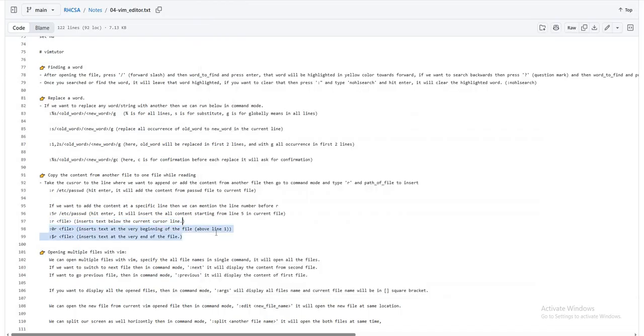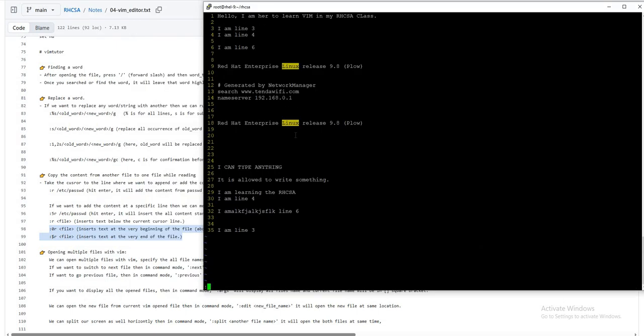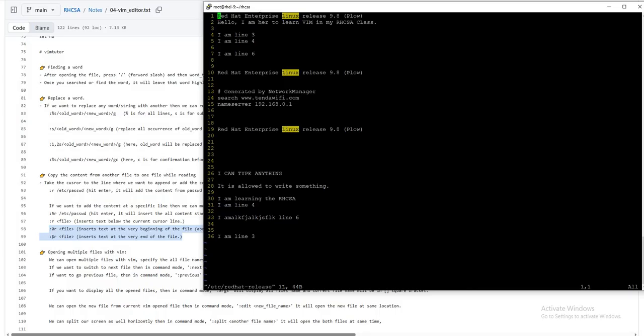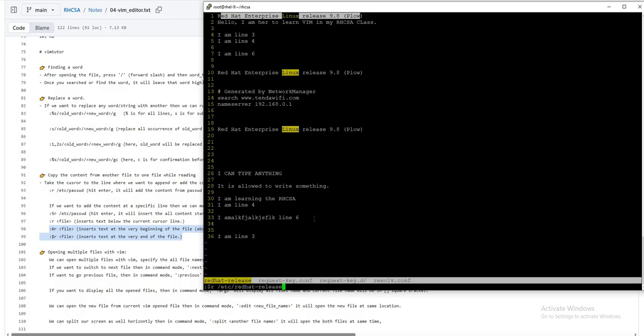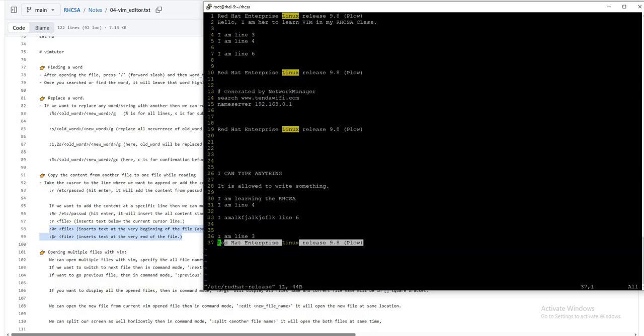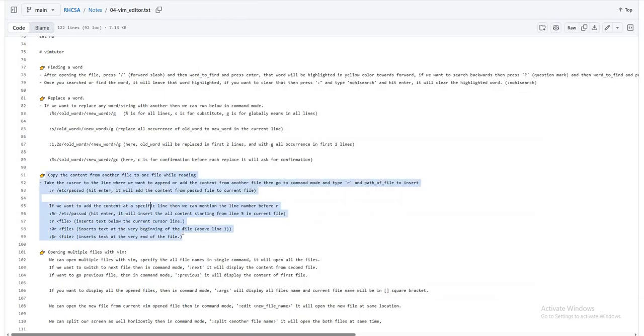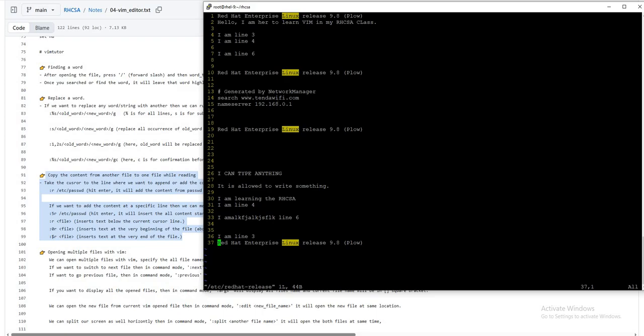0R is just to insert at the beginning of the line. Okay, let's try that as well. /etc/redhat-release, and you can see it has added that at the beginning of the line. And $R will give you the end of your file. You can see, right? So this part explains how you can read an additional file